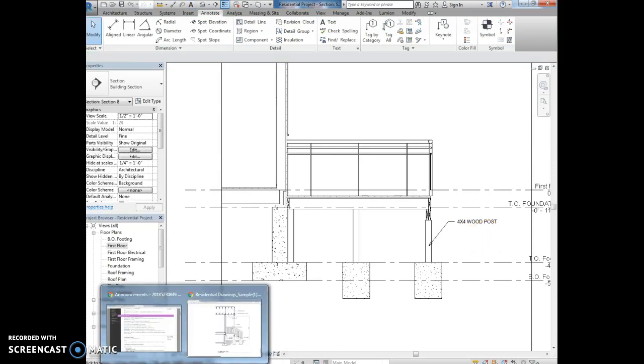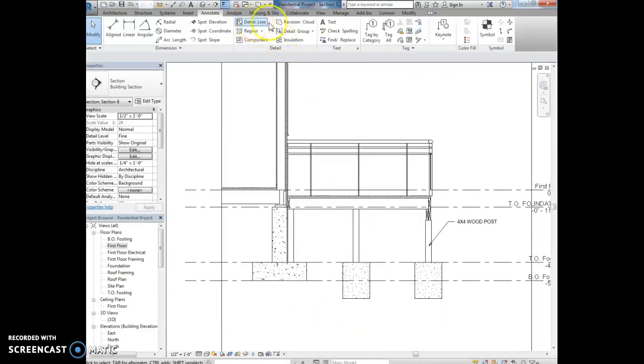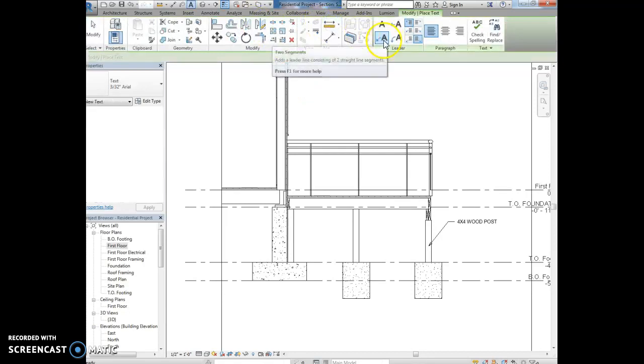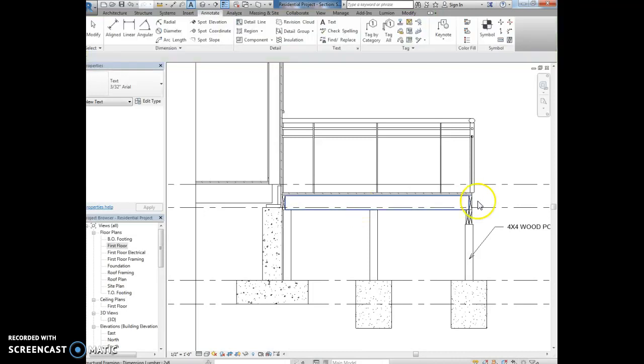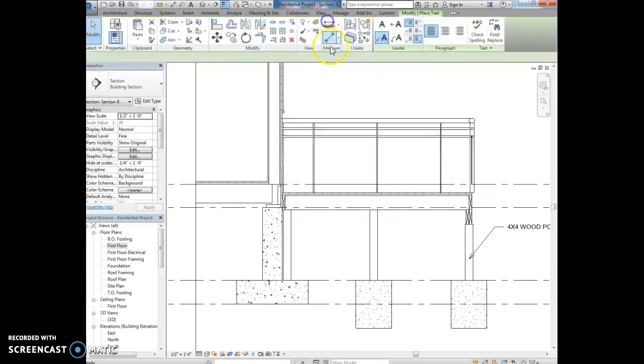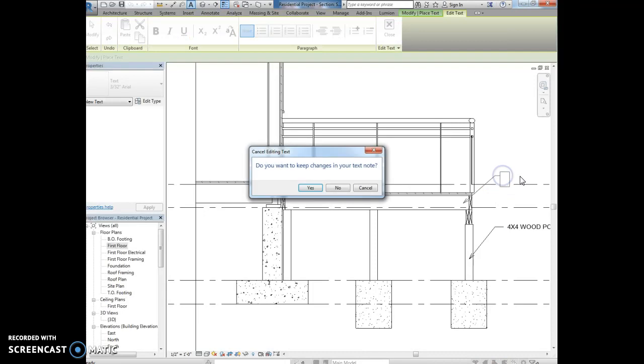So for example, we have something that says 2x8 floor joist, so let's label that. We're going to go text, select this, click on the joist, I actually like to pull it to the outside of my drawing. Click on the joist, pull it out. See how the text is lining up? I like to do that too. Okay, and then we're going to write,